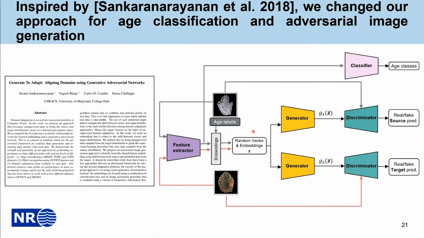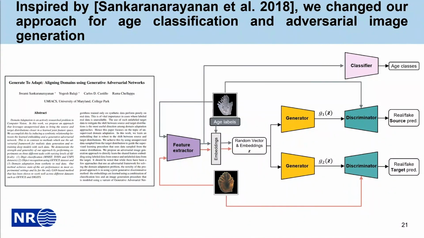And in addition, we also changed the way the input was generated for our Kogan design. So basically, we combine a random vector generated from a normal distribution together with some embeddings that were based on age labels coming from the source domain, and also features extracted from the source domain, but also features extracted from images of the target domain. And in this new process, we also decided to simplify the discriminators compared to what we had before.